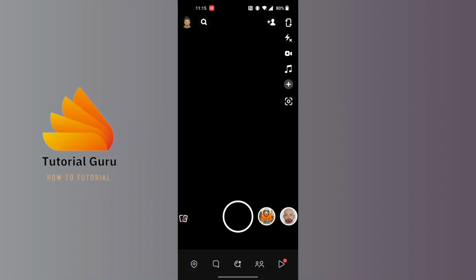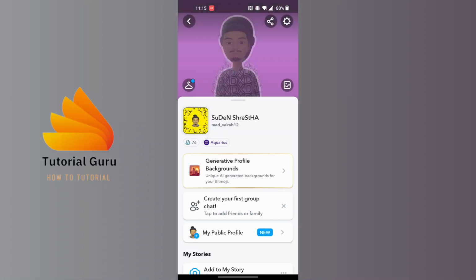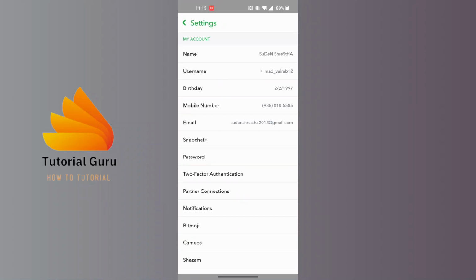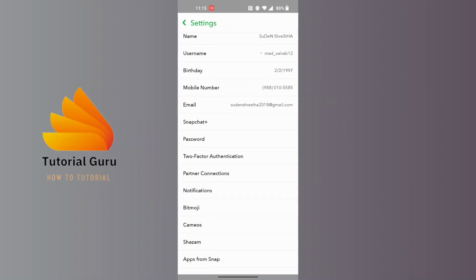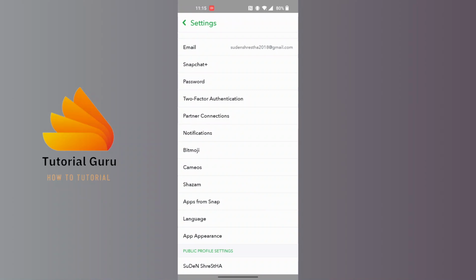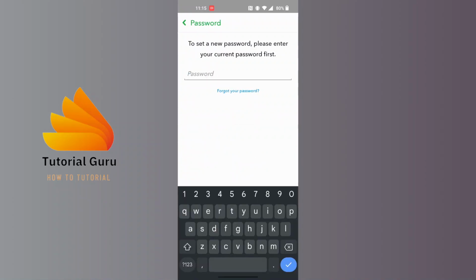From over here at the top left corner of the screen, tap on there and you will be on your profile interface of your Snapchat. And at the top right corner of the screen, guys, you can see there is a settings icon. Tap on it, and on this interface you will be able to see the password option available for us just below the Snapchat plus. Tap on it, tap on the password, and first you'll be required to enter your old